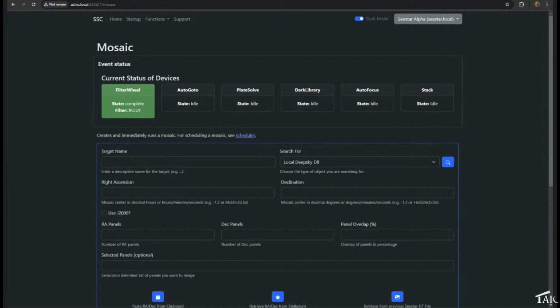Jerry was talking about EQ mode. I think you showed a setup for EQ mode. Can you say a little bit more about it? So the Seestar internally has gear labeled with RA and DEC.